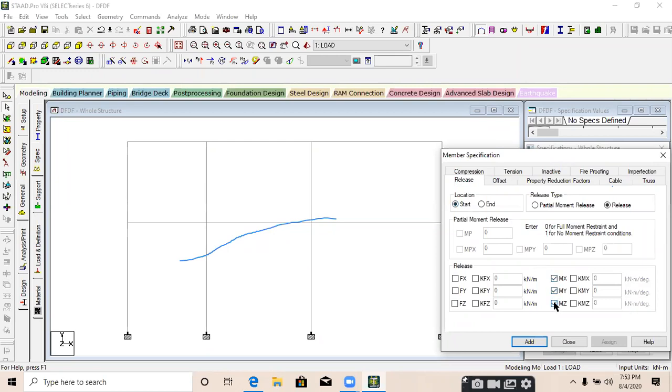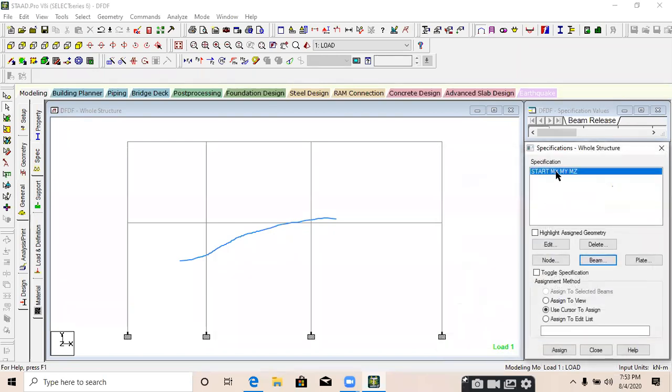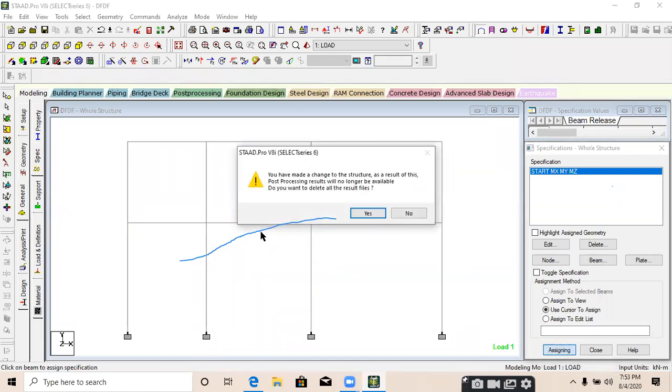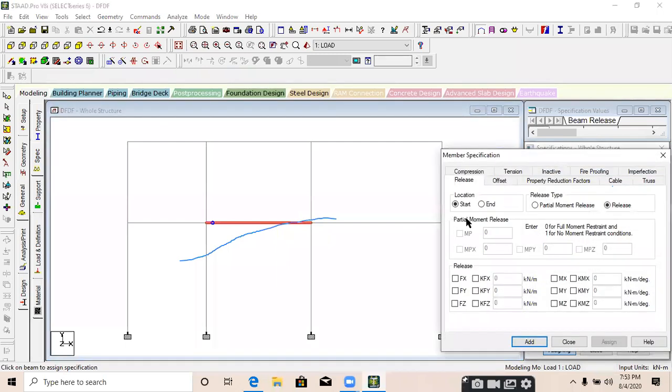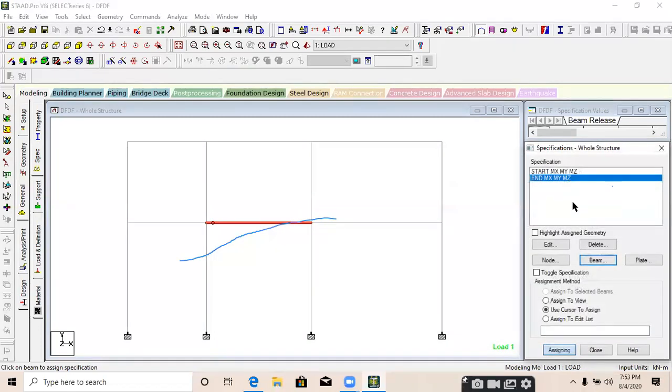All the moments are released at the start point of the beam. Click on add, select that property, choose any method, and assign it to the particular beam. Now the moment is released at that particular end. If you want to release a moment at the end of the beam, just go to end over here, check mark on all the moments, add, select the property, and click on that beam again. Now we have released moments at both ends of the beam.